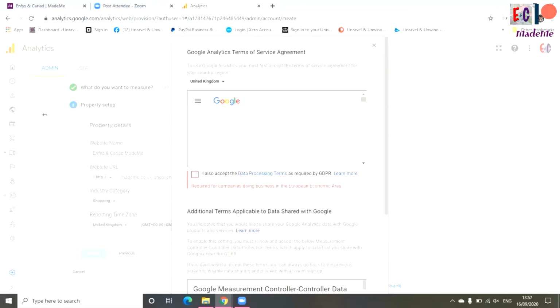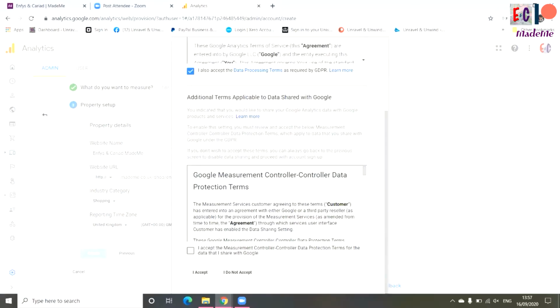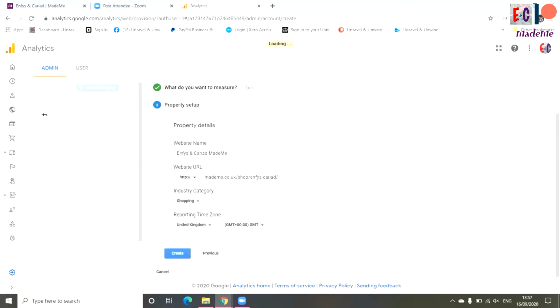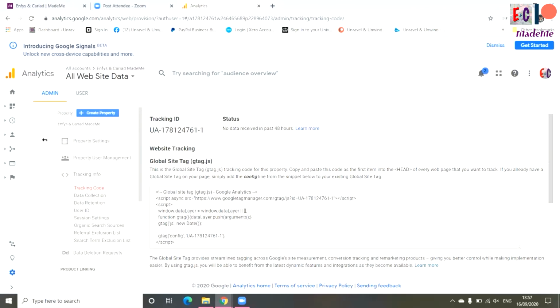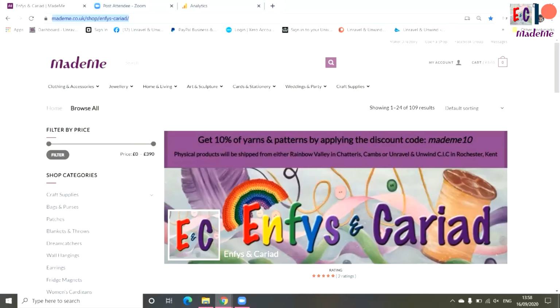Agree to the terms and services after you've read them. And now we can see on the left hand side it says tracking info and tracking code, and on the right hand side where it says tracking ID, you're going to hold your mouse down, highlight the tracking ID, right click your mouse, select copy, go back to your MadeMe account, go back into Shop Manager,